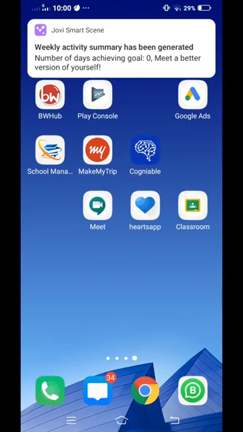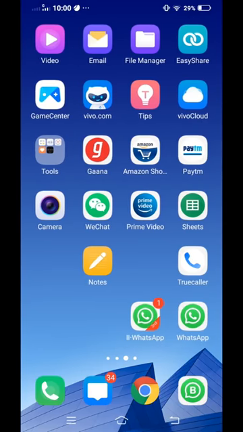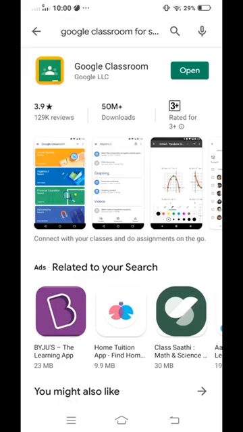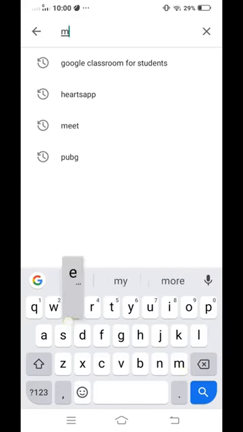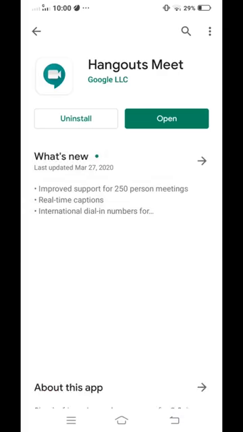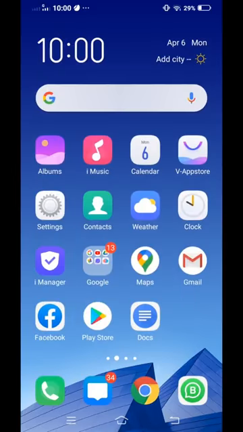The next tutorial is of Google Hangouts Meet. To download that app, all you have to do is go to your Play Store and type Meet. Hangouts Meet. Install this particular app in your phone.